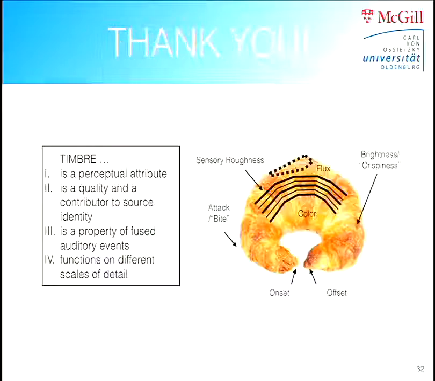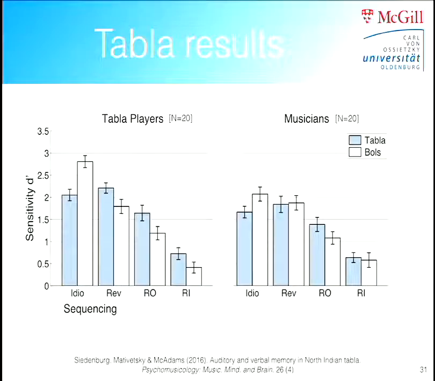And were all the examples in this study as slow as the ones you displayed? Or did you use different speeds? Because I assume that the tabla players would probably be much better at identifying sequences at a much higher tempo. Yeah, that's a good remark. It might be a good follow-up, and it could happen that you get an effect of group when you increase the speed.